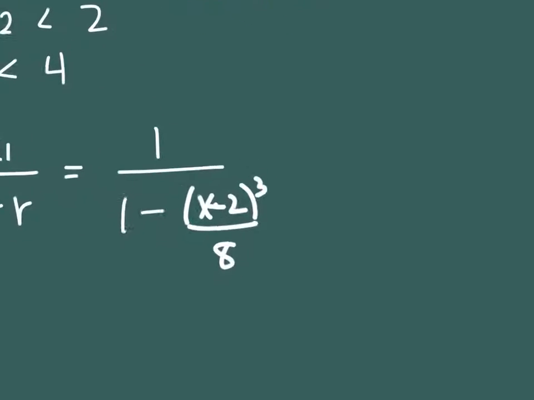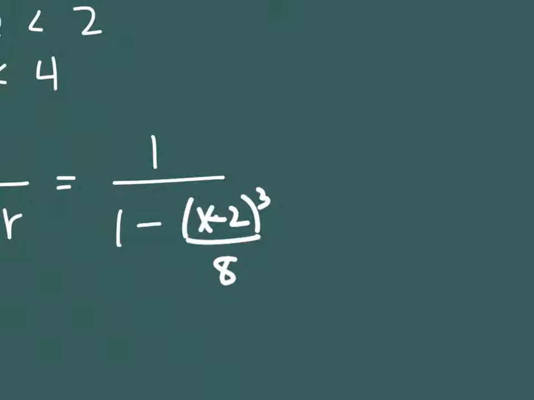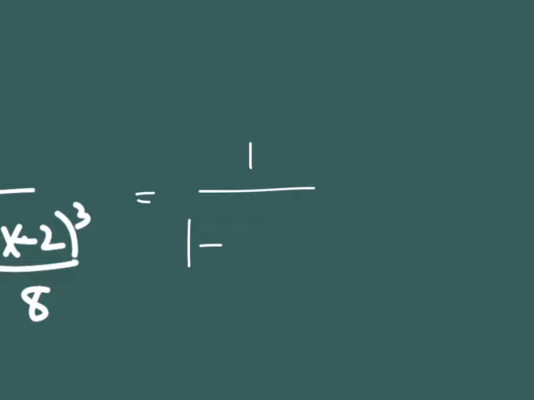So the sum will be algebraic as well. The sum is not going to be a number. The sum is going to be an algebraic term. So 1 over 1 minus, all right, now expand (x minus 2) cubed over 8. You guys remember how to do that? Okay, x cubed, then what? Not 4, it's going to be a 6. Yeah, it's 1331, but I'm using the number 2 as well. So this is going to be